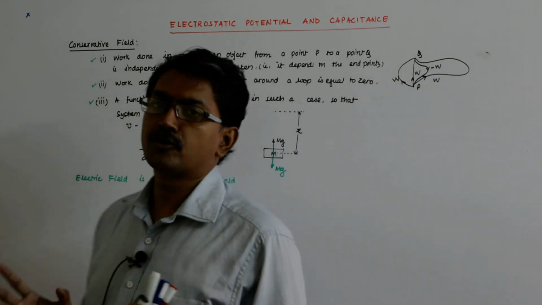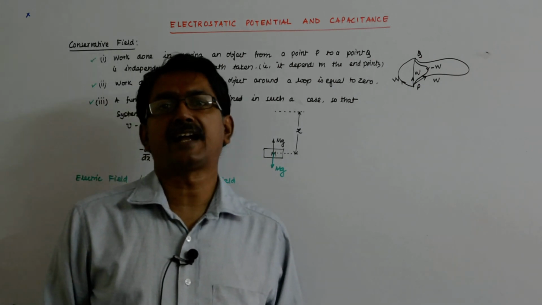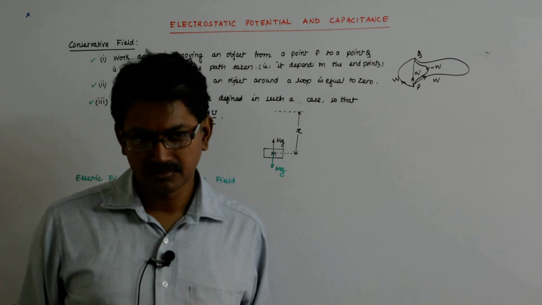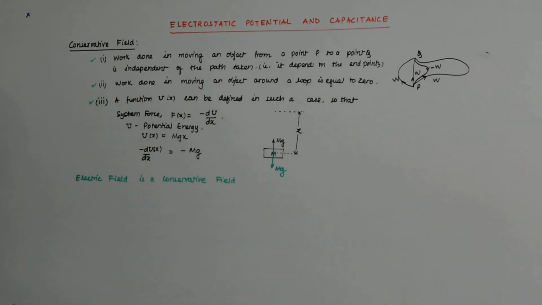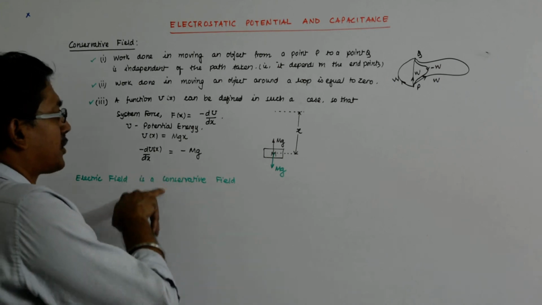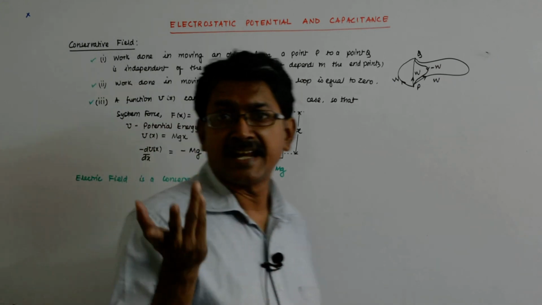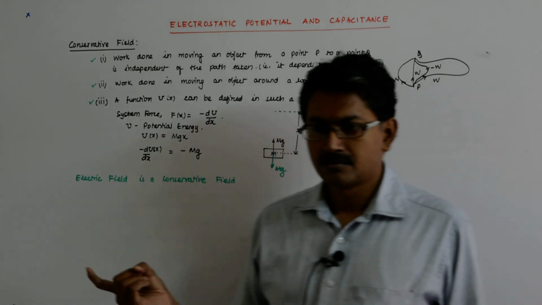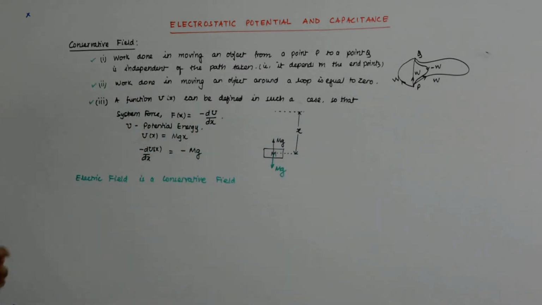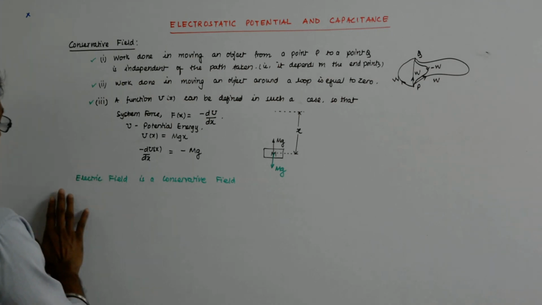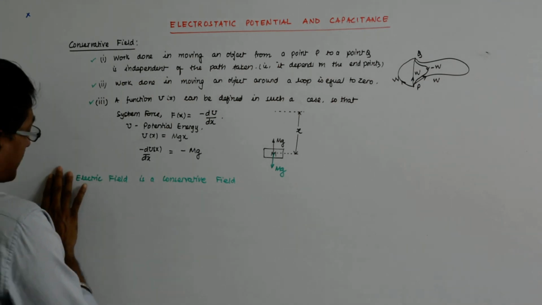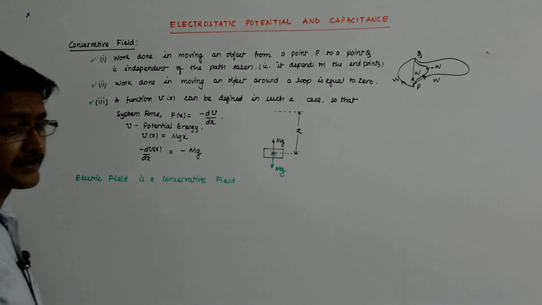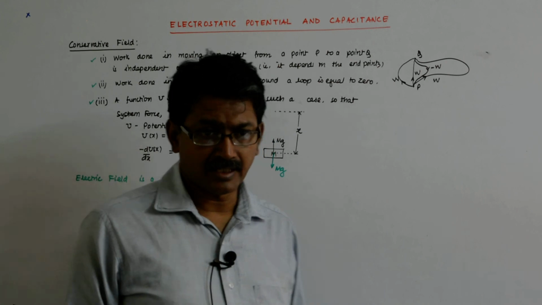And it is here that you'll for the first time understand the difference between potential energy and potential. It is an important thing to understand, because the moment you understand it here, you also understand it in the case of a gravitational field. This is called potential. Fine, we'll go to that topic, but first this. So electric field is a conservative field, so all these three will be satisfied, right?